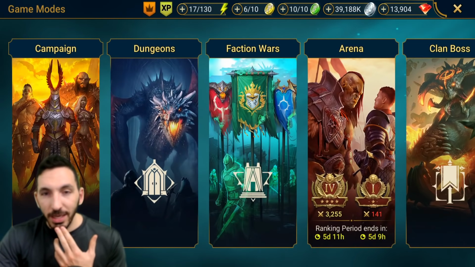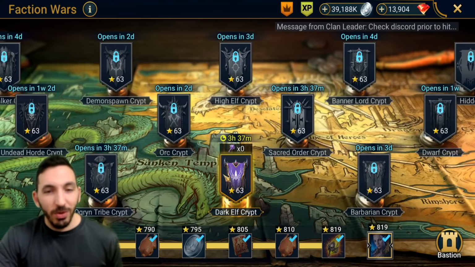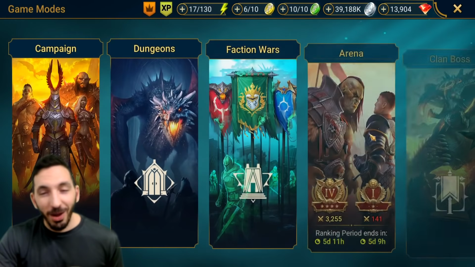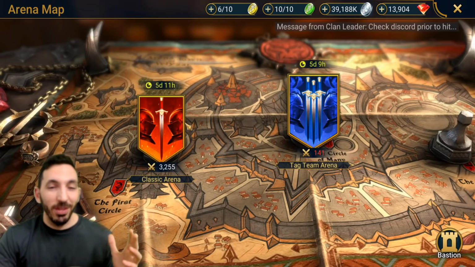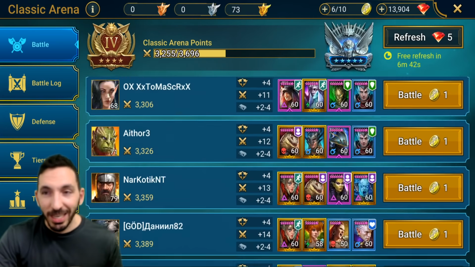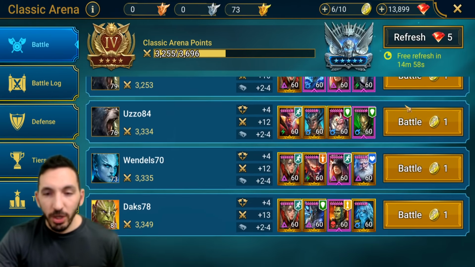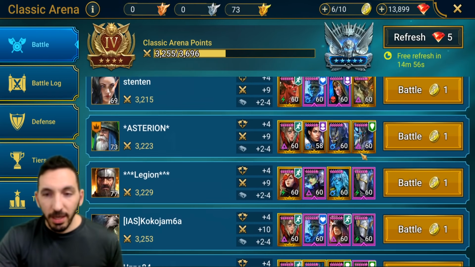So let's go for the final test. I don't have faction wars open for Crypts. For orcs, I would love to check him out for the orcs, but let's go to the classic arena. Let's do a refresh here, just to get some new champions here to see. Okay,